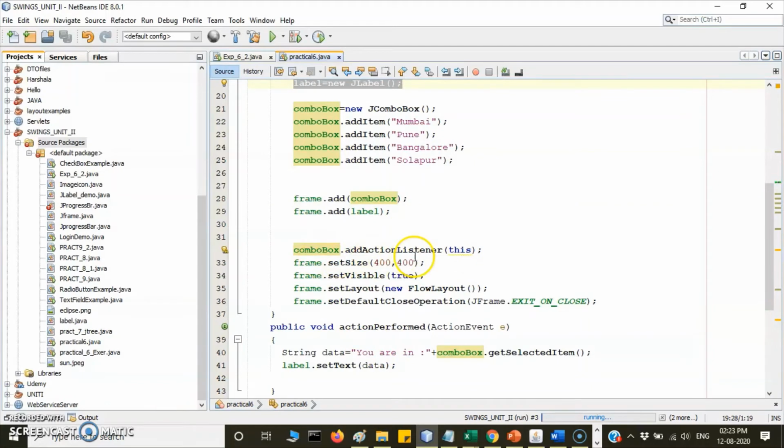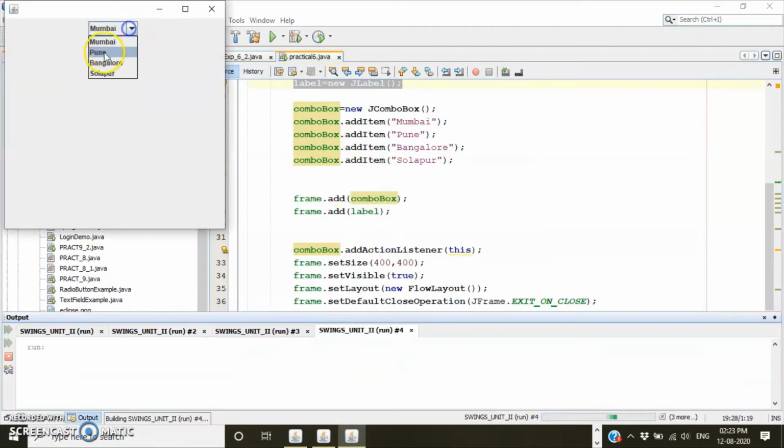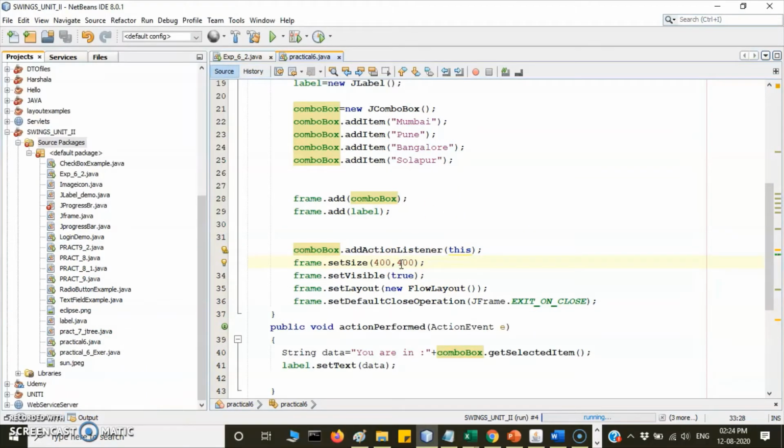Here we create the action listener for this: comboBox.addActionListener(this). Why are you using this? Suppose I am clicking on this combo box. Again I am showing the output. Clicking on this, it will be displayed. Here when clicking on this, the action should happen, so this item should be taken to this label. That's why we are adding the action listener. I will explain this in the 3rd chapter, it comes under event handling. Since it is shown in the practical, the output should become like that. So you are supposed to add this action listener.